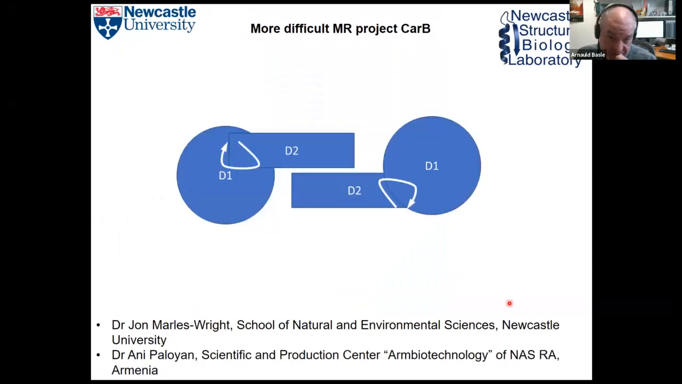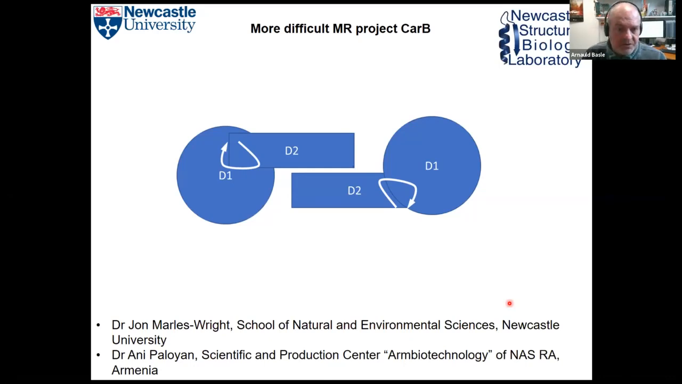So I would like here to illustrate a little bit more complicated molecular replacement project. Again, a collaboration with John, as well as Annie Paloyan in the Scientific and Production Center in Armenia. It's a homodimer we have to search for in the data, but each monomer has 2 domains with a flexible linker. And so we had trouble finding a solution because we didn't know the relative placement of each domain